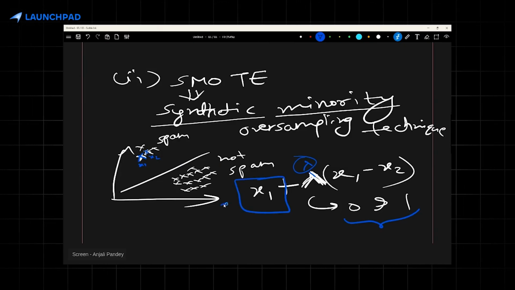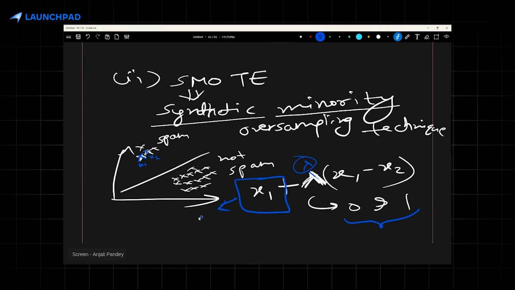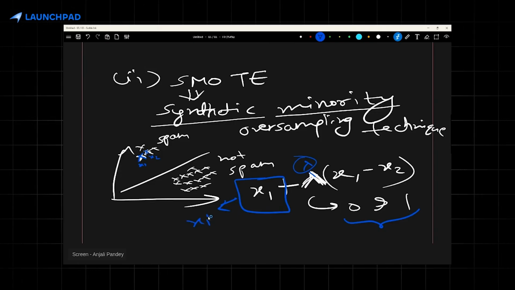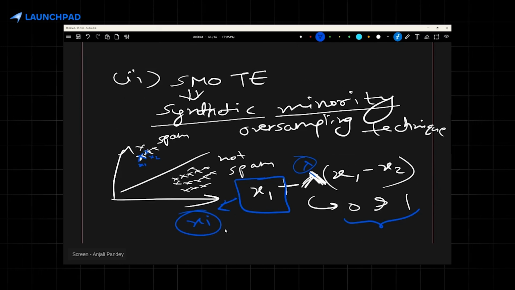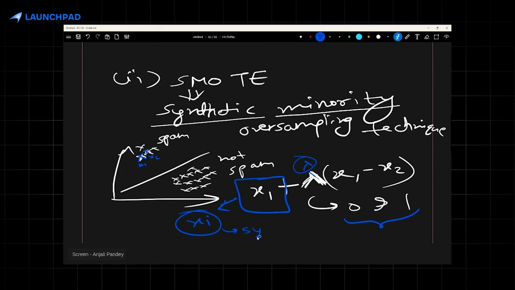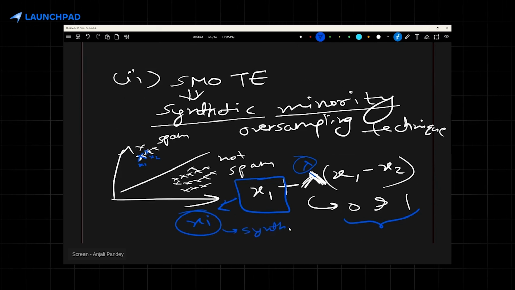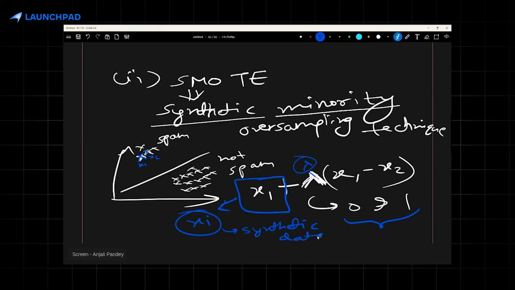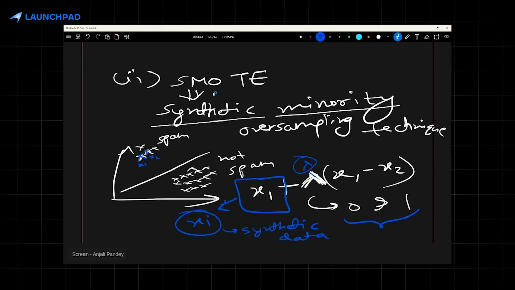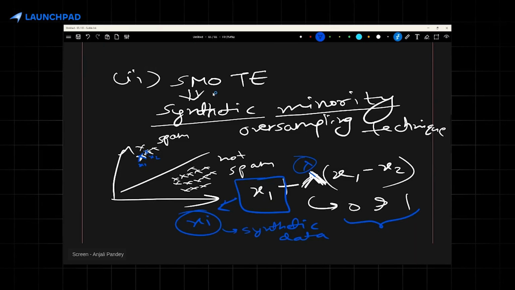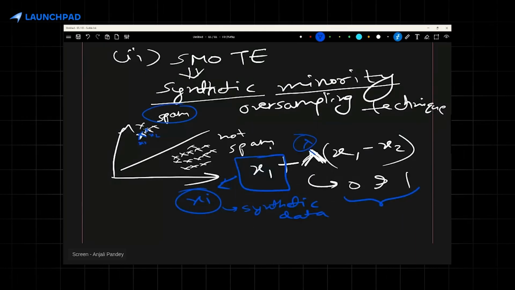Whatever this calculated value will come, let us say that this is my xi. Whatever that mathematical value will be, that is your newly created synthetic data. This is how SMOTE is going to create synthetic samples of your minority class using this kind of